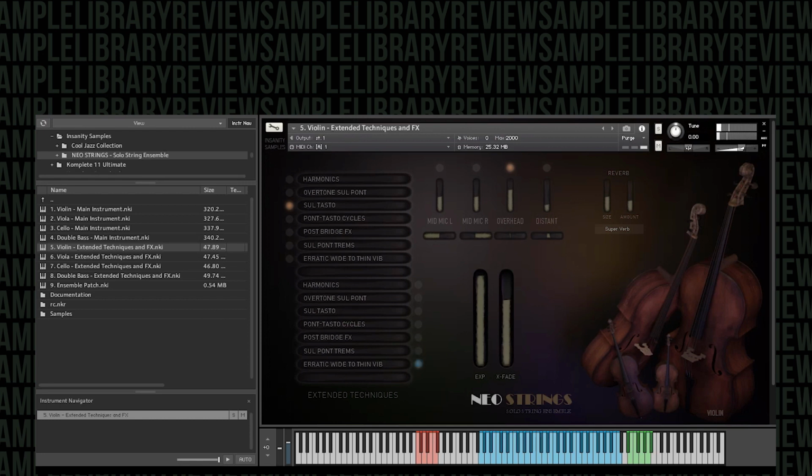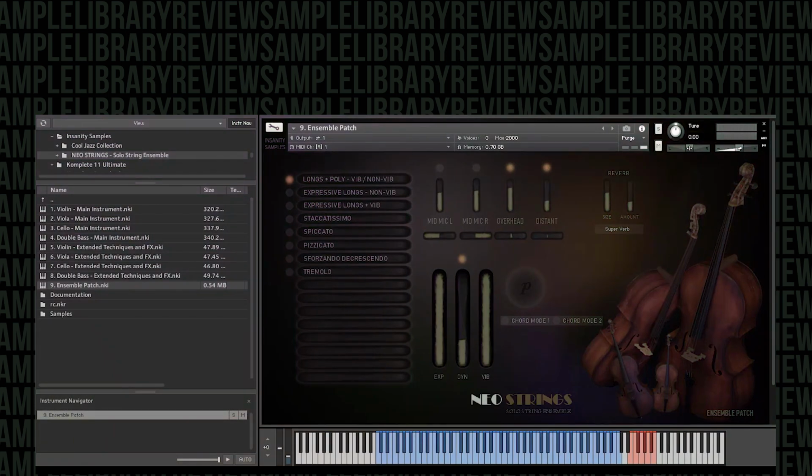Let's just change that to something a bit more erratic. So some very cool sounds going on there and lots to sort of play with and manipulate. The last really big feature is the chord mode, which can be found in the ensemble patch. So the ensemble patch, without the chord mode,